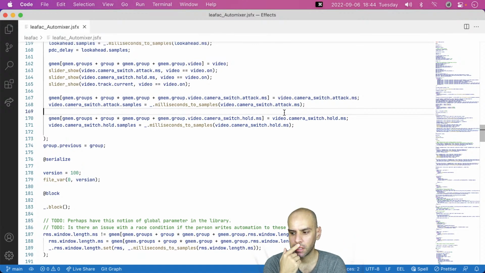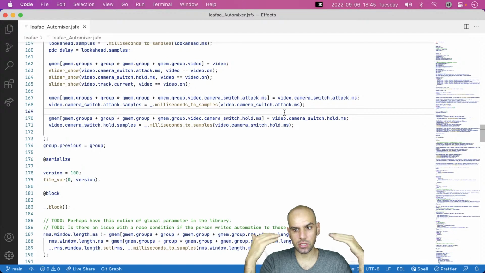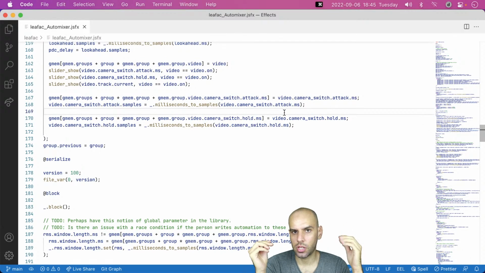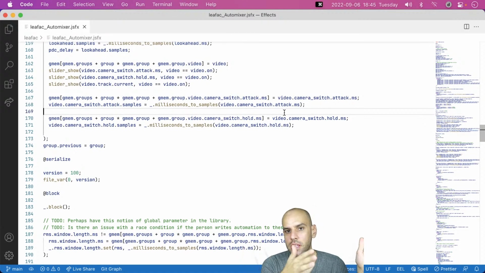And I thought about two ways of going about this, and let me know in the chat if you have a preference, if you think that one is going to work better than the other. Or maybe you have a different idea altogether. But one way that I thought about doing this is when the instance becomes the scene that is on the screen right now. So the camera has switched to that instance.